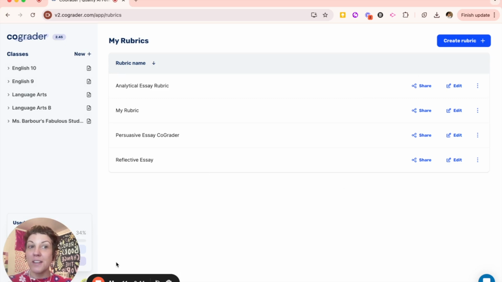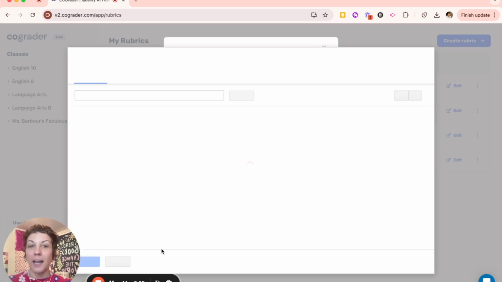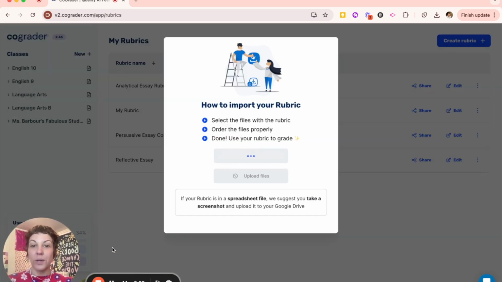Okay, let me show you another way that you can create a rubric. So you can go back to your home screen and do exactly what we just did for the Word document, or you can just stay on the screen and click Create Rubric. This time we are going to import a rubric from Google Drive. So go ahead and connect to your Google Drive. Use whatever search words you want to find the rubric that you want to import, and CoGrader will start to